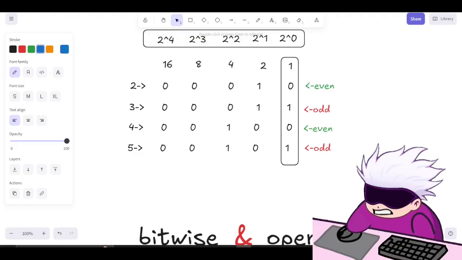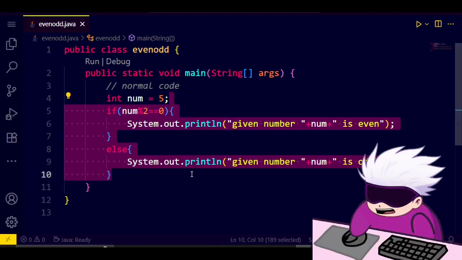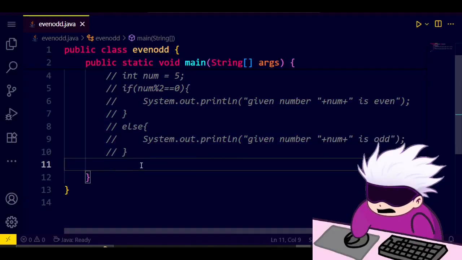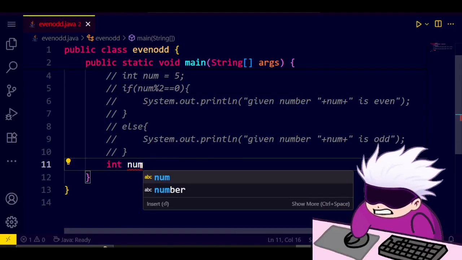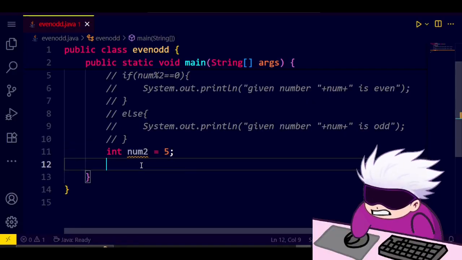So let's code it. I just have to comment out this old code. Let's say int num2 equal to 5.